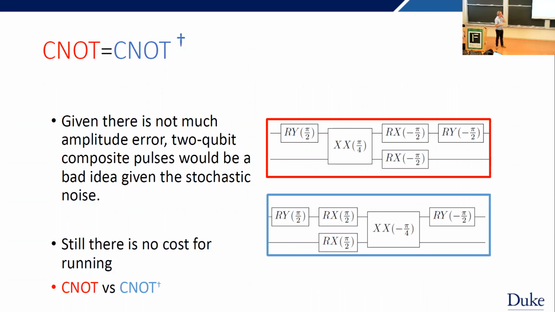So we have this thing which we usually call hidden inverses. And the idea is, for whatever reason, quantum information people love unitaries which are their own inverse. But no experiment works like that. Nobody really has a CNOT button, right? Everybody has to construct it out of stuff. So there is a difference between CNOT and CNOT dagger, which is equivalent to the pulse inverse of the CNOT sequence. So here we have the CNOT and CNOT dagger.